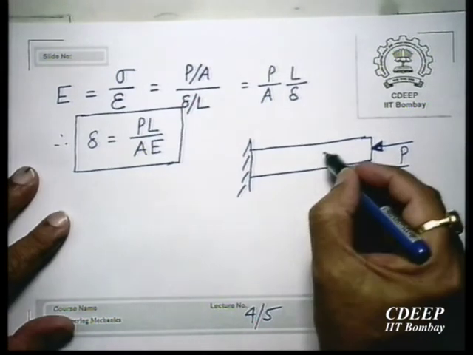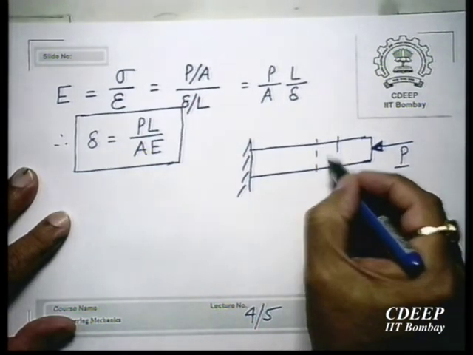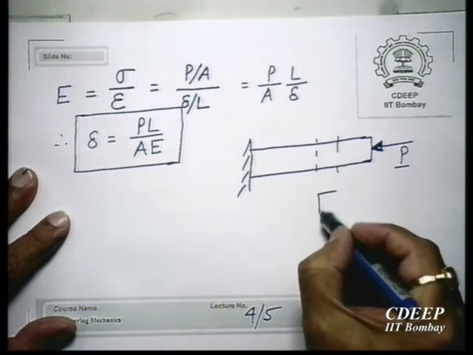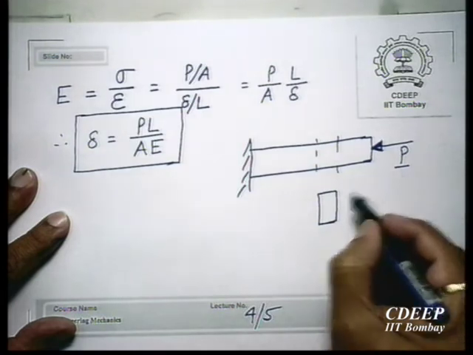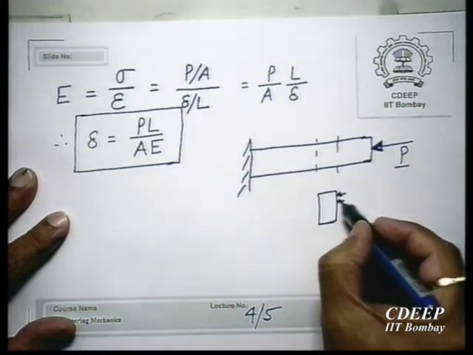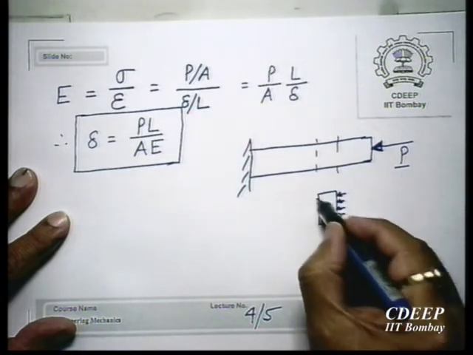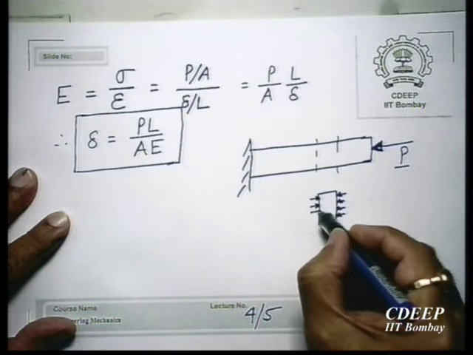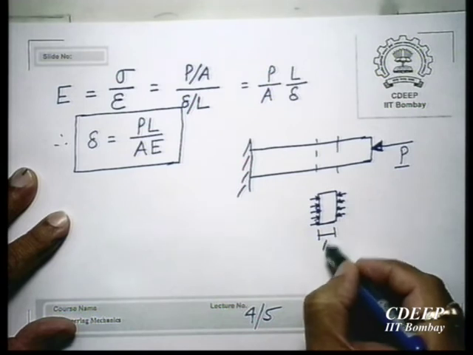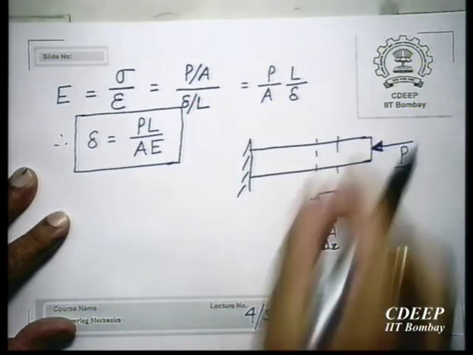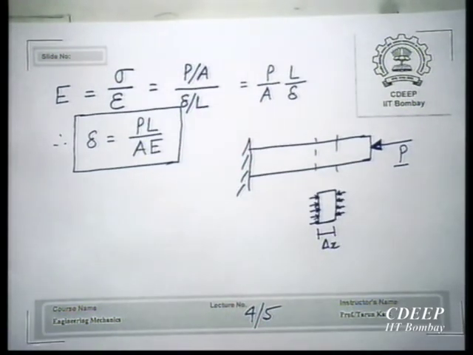If you take any element here, always draw a small element. You will find that the stress on this element will be like this. I have taken a delta x element under this load. Why should it be like this? Because